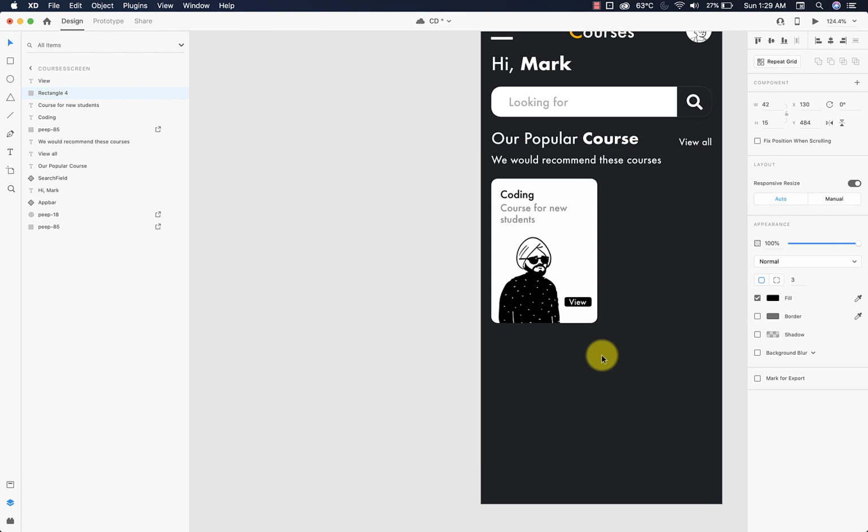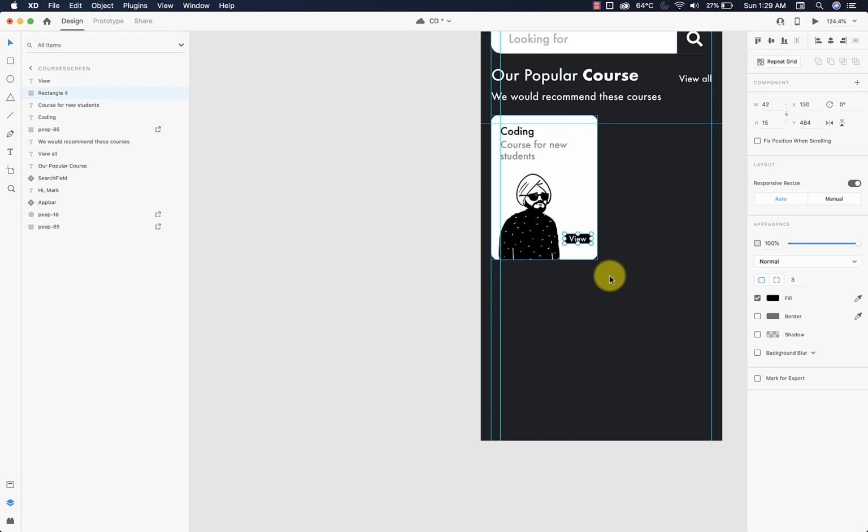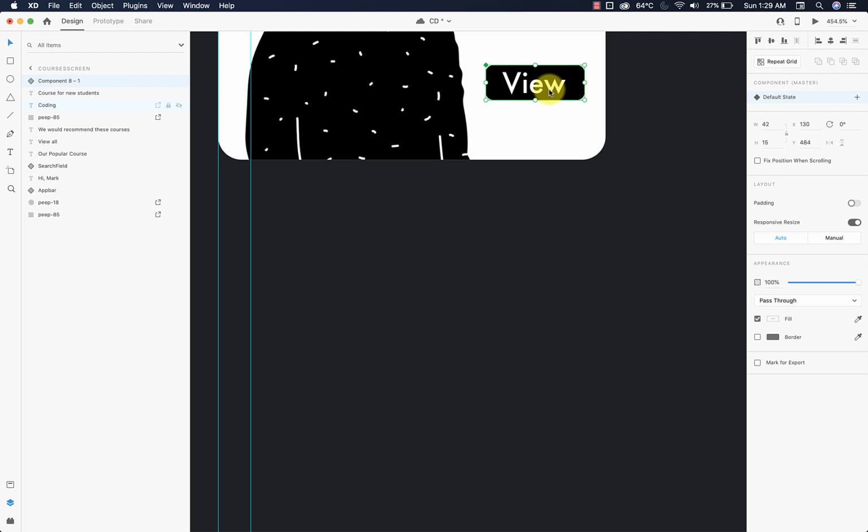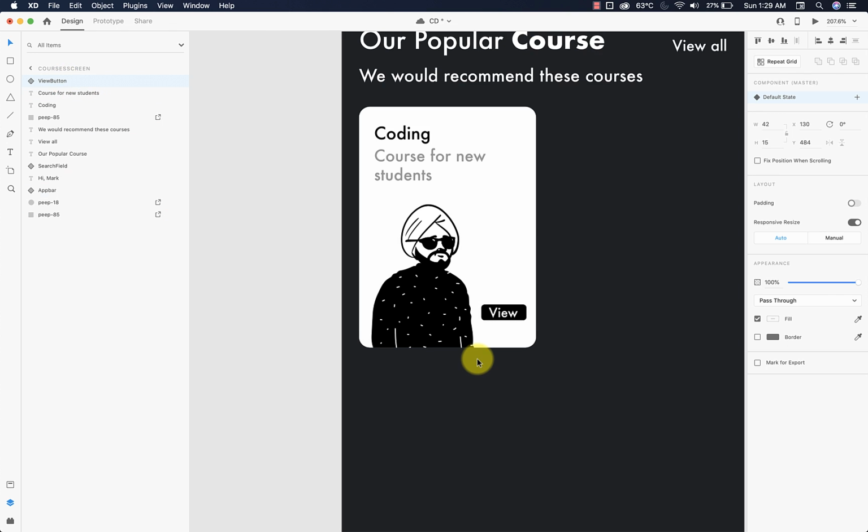Perfect. So yes, this and this, make it a component. This one and this one, make it a component and name it as view button. Okay, and together,